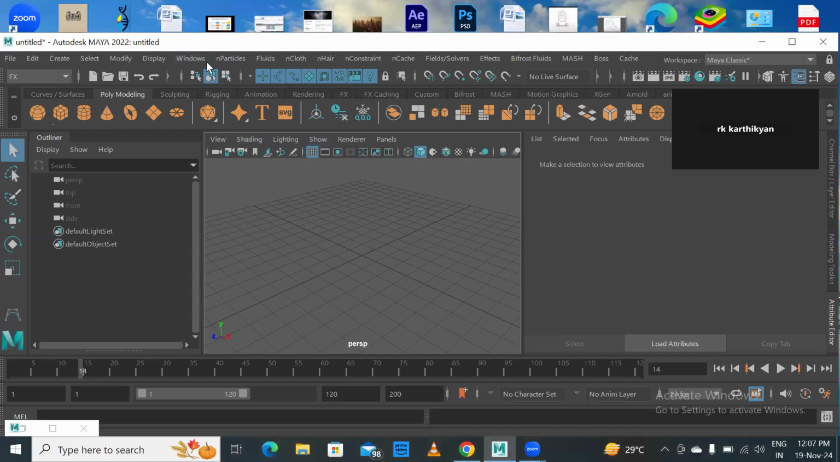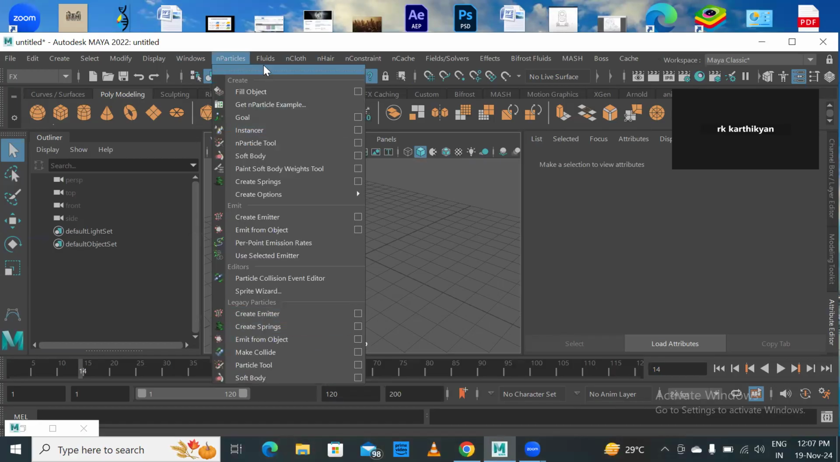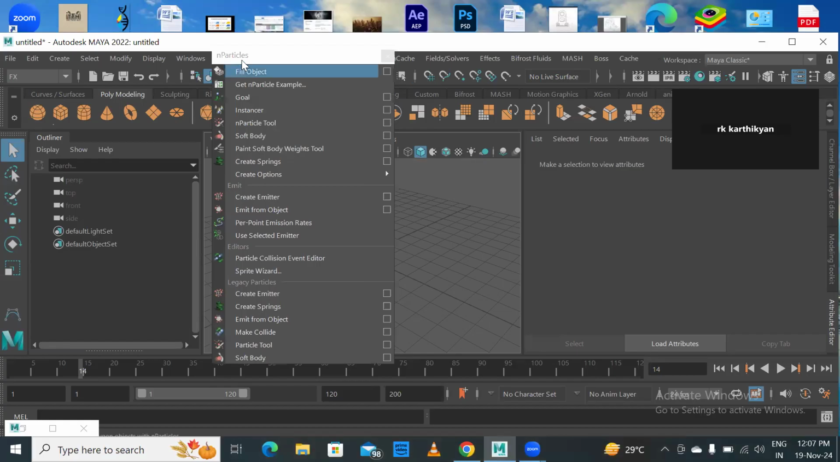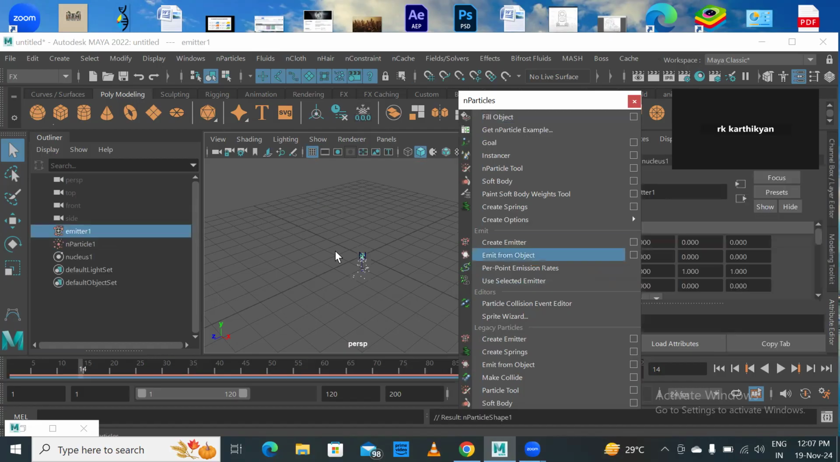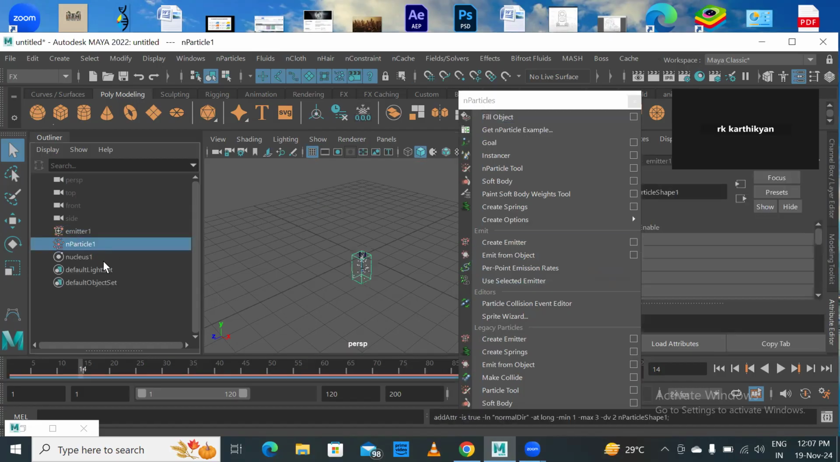Hello guys, we'll check the particles. Now, you know what legacy is. We'll go with the nParticles. It is a fill object, but we'll go to the normal thing like create emitter. Once you click it, you can see this emitter is up here, and also you can see that something is